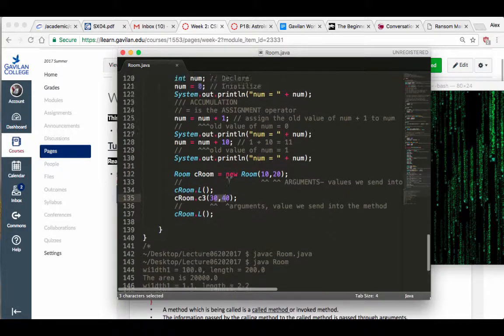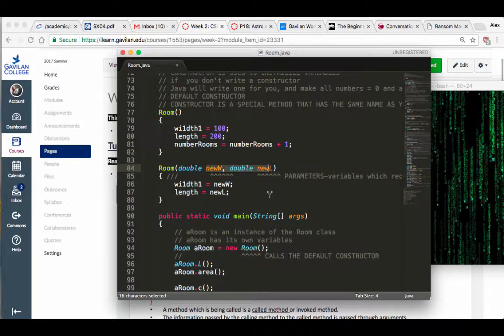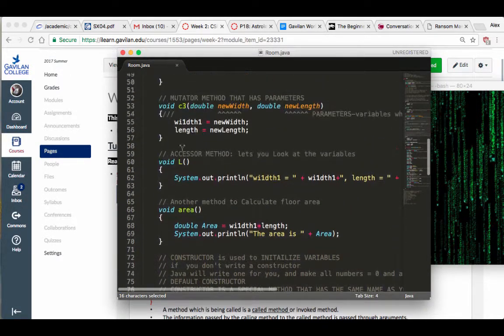The values we send in. What are the parameters? Parameters are the variables that accept those values. Okay? Questions? Okay. So other things that this chapter is going to tell you are, what is this business with